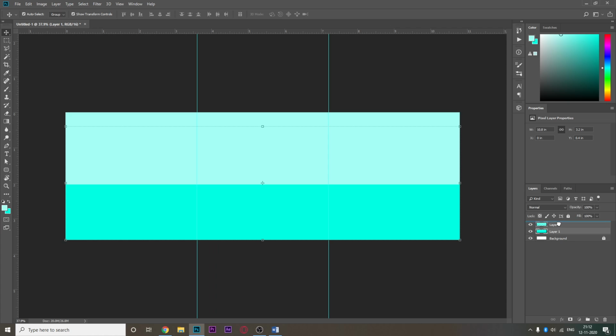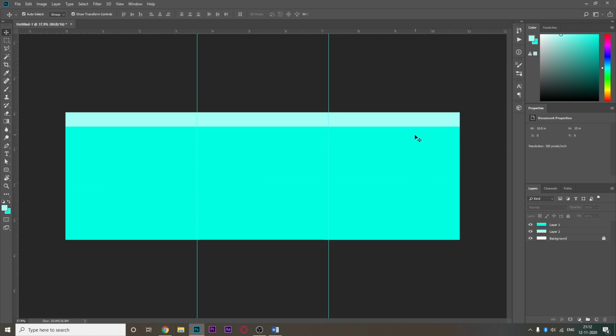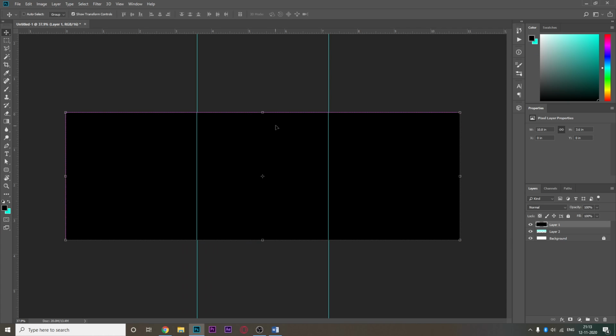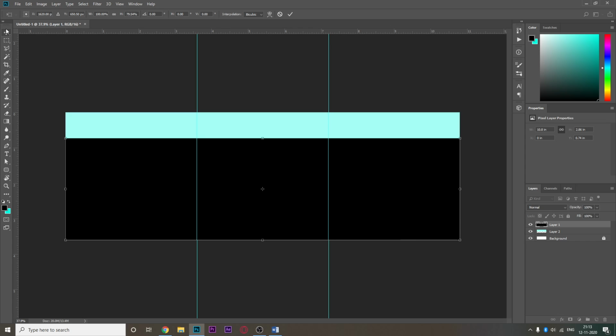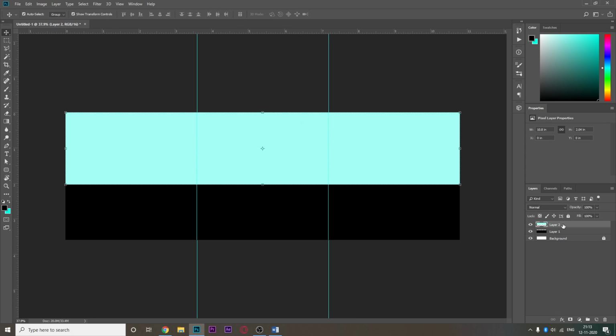Now if I drag and drop Layer 1 above this, you'll see carefully, let's use a very distinct color. Now Layer 1 is above 2, Layer 2 above 1.